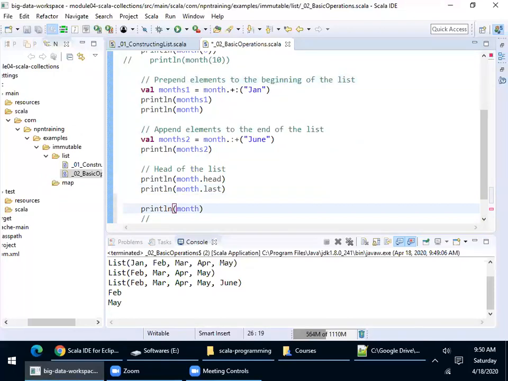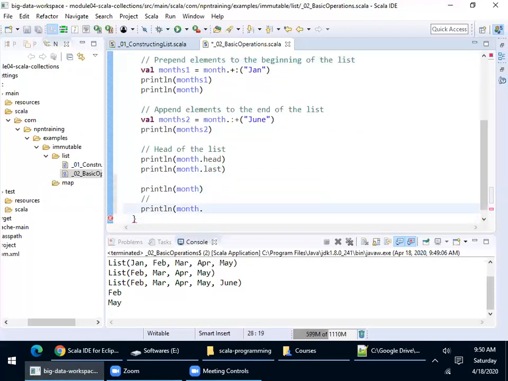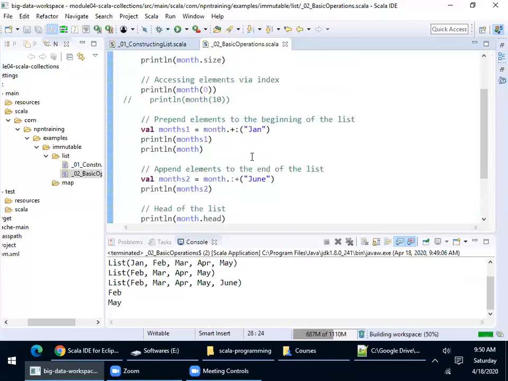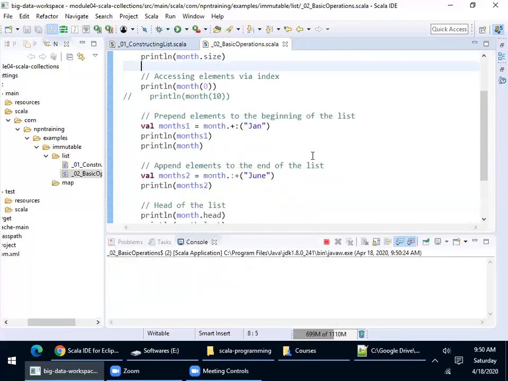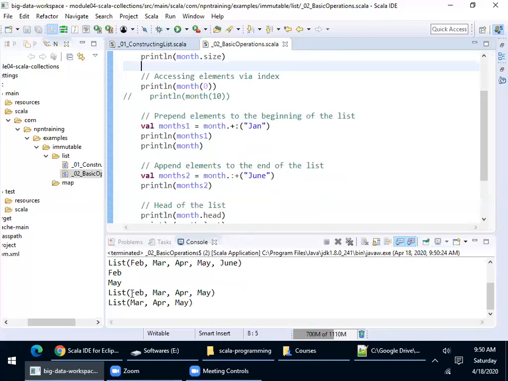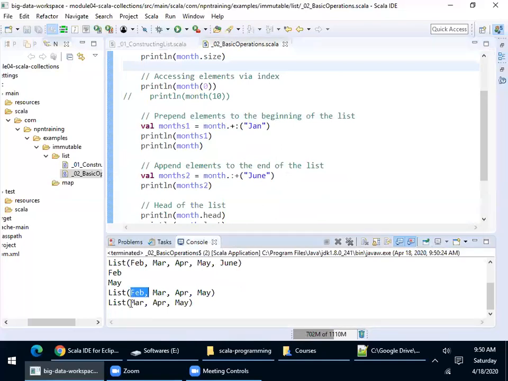So month dot tail will fetch the values apart from the first record. This is the head and the rest of the things we generally call a tail. Let me execute this. Can you see this? Apart from February, it fetched March, April and May.